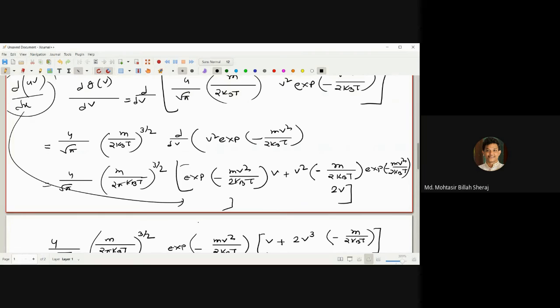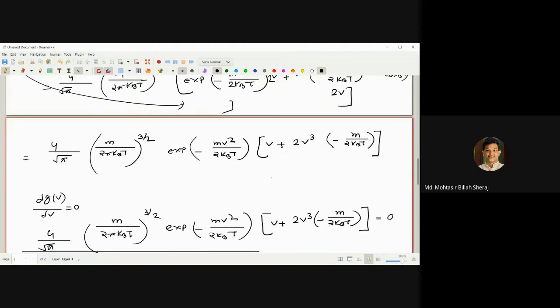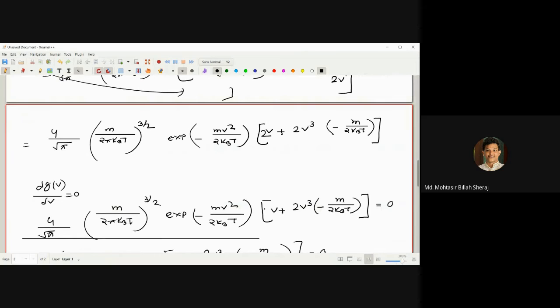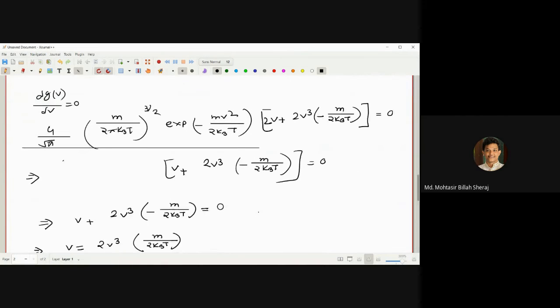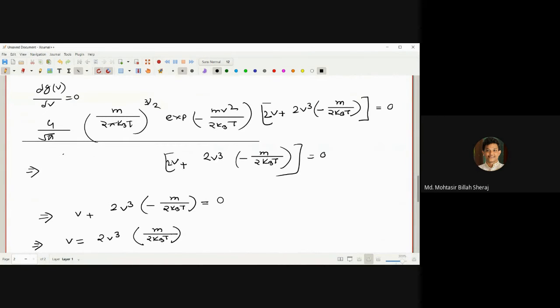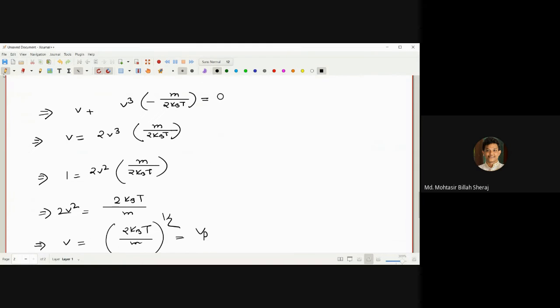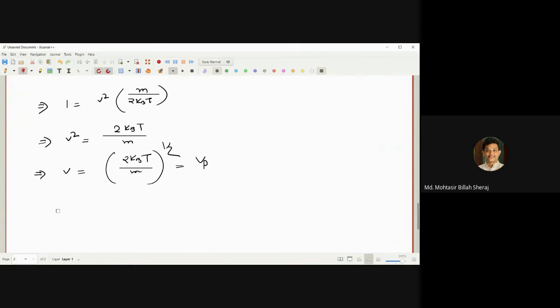Did we make any mistake? Yes. What? d(v square)/dv equals 2v. It will be 2v. So there will be a 2 here, also a 2 here, and we can divide both sides by 2, and then the 2 will be omitted, and from here there will be no 2. So this is the expression for